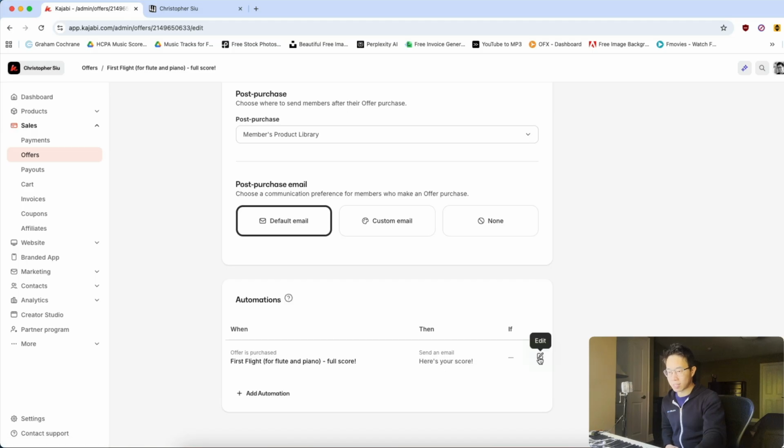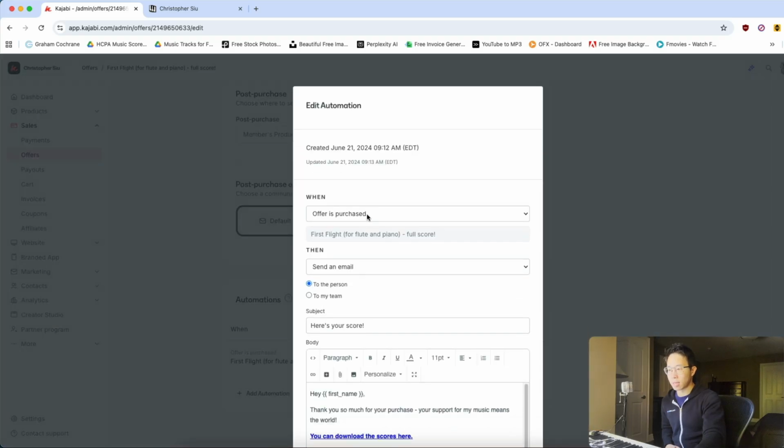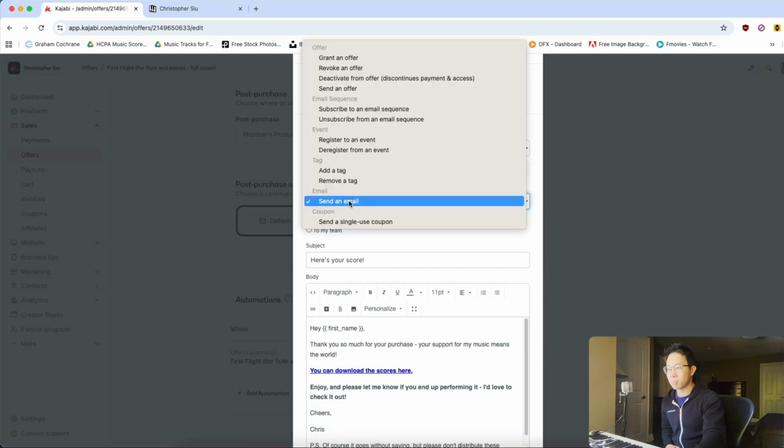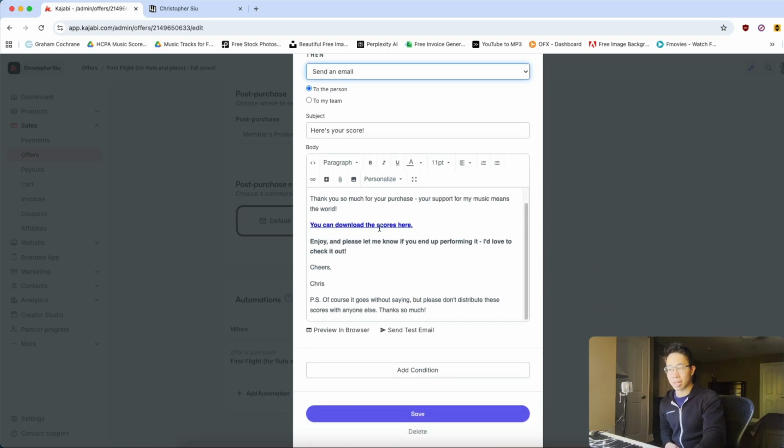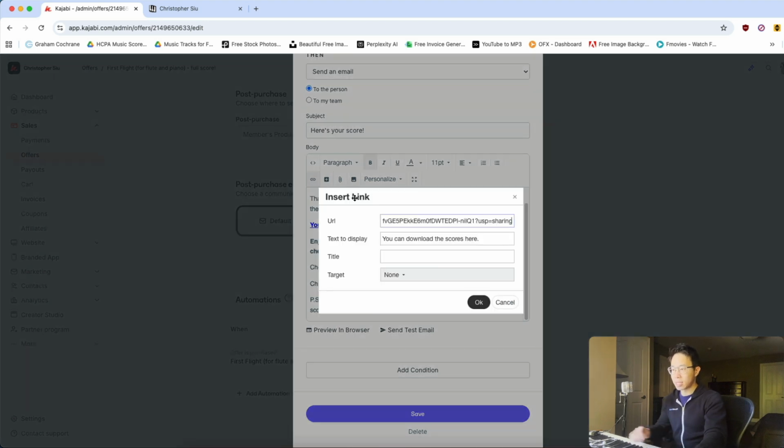So here, the one I've set up is when this offer is purchased, for example, first flight for flute and piano, the full score, then what do I do? I send them an email, right? So this gets sent automatically right after they make a purchase. I say, here's your score, and then I share the link to the score with them right there. And this link is actually